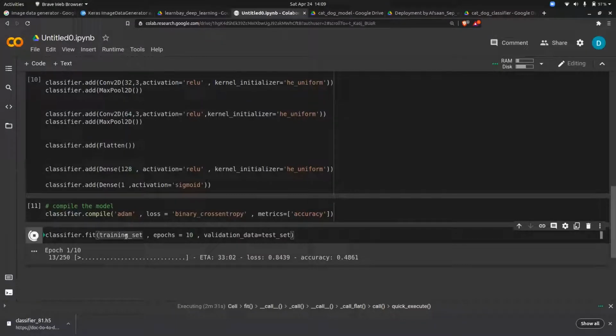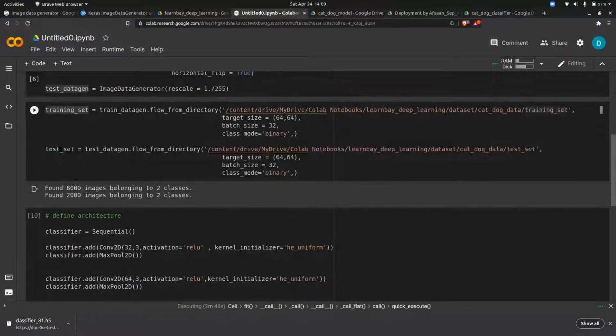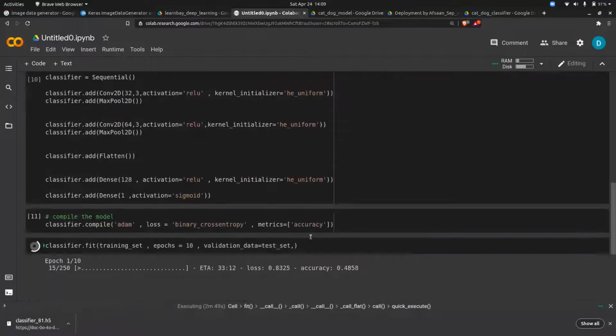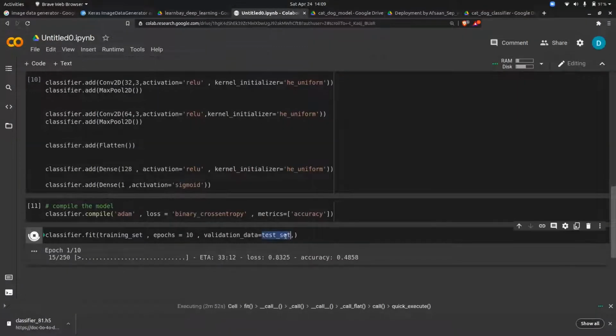Yes. Validation data equal to test. Yeah. Basically here also we have to pass X and Y, right? Let me show you. Shift tab. Okay, nothing is working. Comma. Okay, in validation data also you have to pass X and Y. But X and Y are already maintained in the test data, that test set, right? So you can pass the set directly. I will show you once it is over.